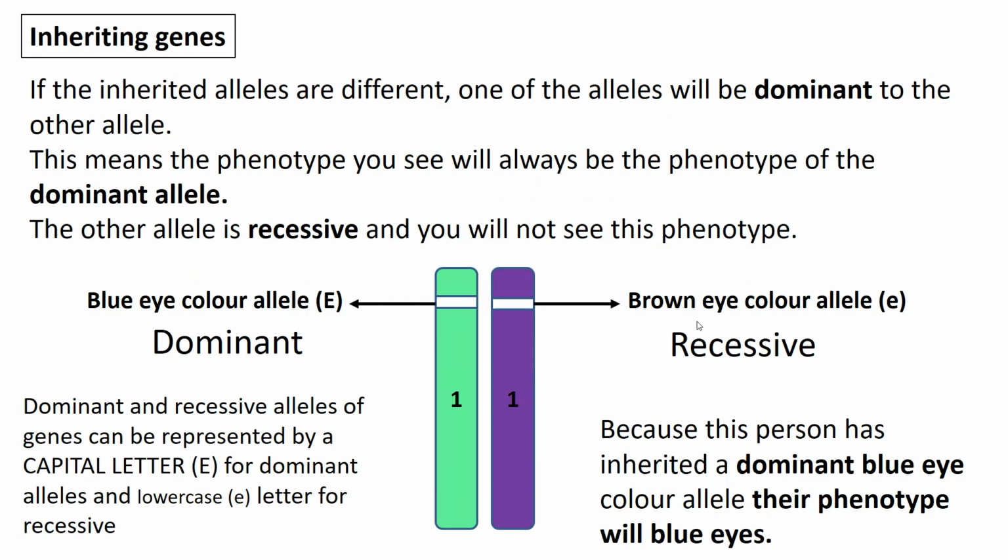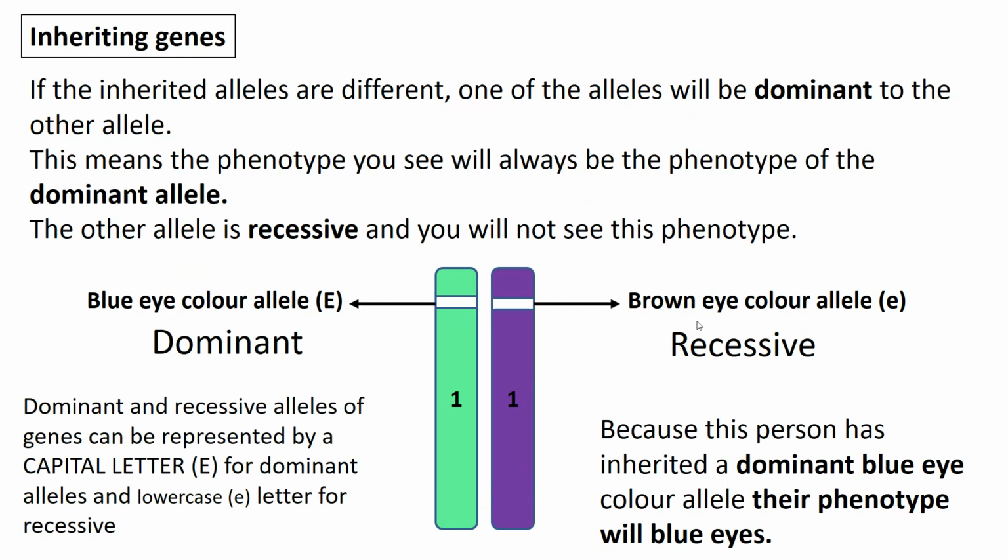So of the inherited alleles, one of those alleles needs to be dominant to the other allele. That means the phenotype you see will always be the phenotype of the dominant allele. That's the allele that shows the phenotype no matter what other alleles are present. The other allele we would say was recessive, and you won't see this phenotype. So in this case, the blue eye colour allele is dominant and the brown eye colour allele would be recessive. And because this person has inherited the dominant blue eye colour allele, they will have blue eyes. It doesn't really matter what the other allele says to make, they would still have blue eyes